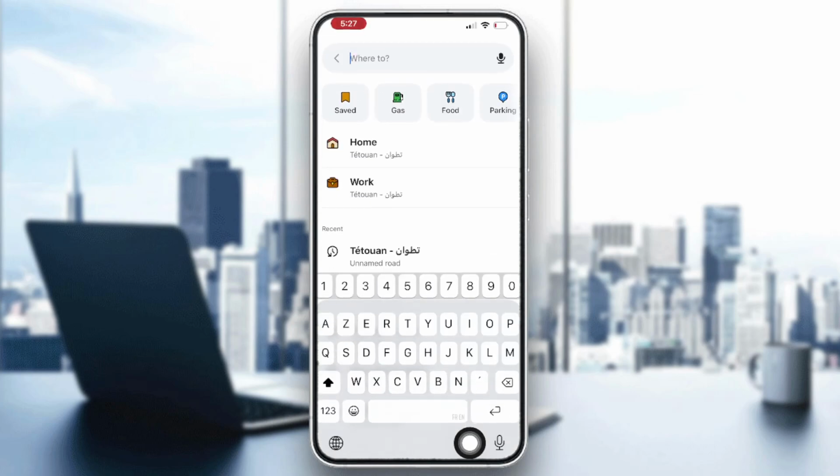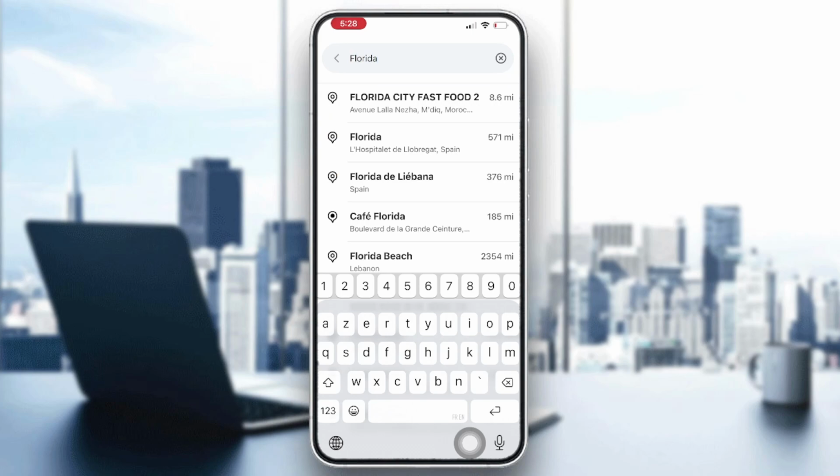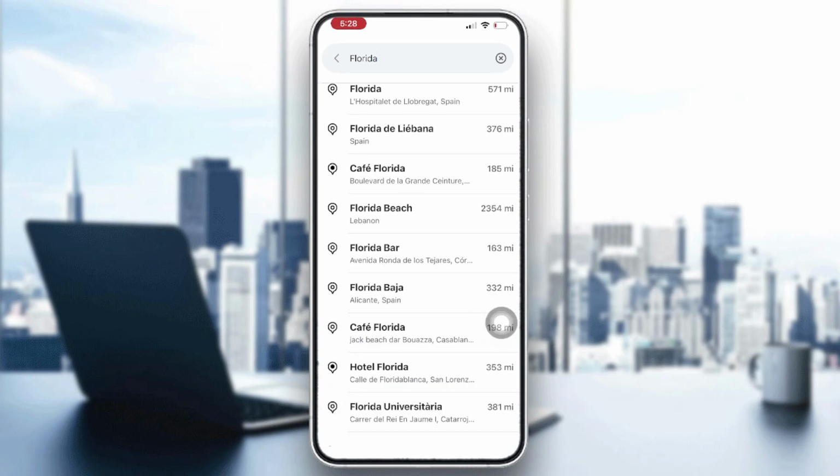and then you will need to enter the name or address of your destination in this search bar. Right, so for example we'll go with Florida and then just go ahead and tap it. Right, so any of these, so Florida coffee, this one,